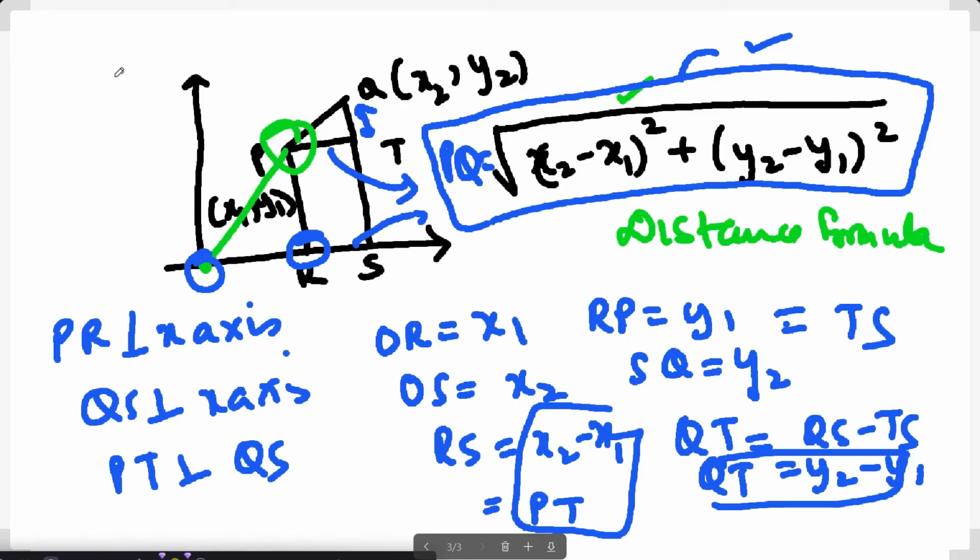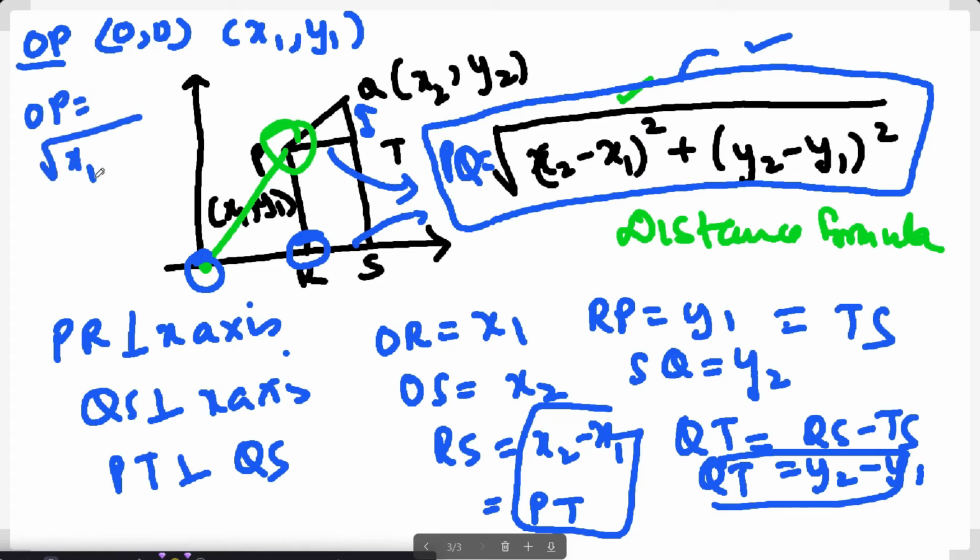So now suppose we want to find OP. In this we are finding PQ. What is OP? Origin के coordinates are 0, 0 and P के coordinates are x1, y1. So now we'll put that here in the distance formula, right? So it will be x1 minus 0 the whole square plus y1 minus 0 the whole square. Net, OP is x1 square plus y1 square, right? Now you can also write this as x1 minus x2 square plus y1 minus y2 square. It doesn't make a difference. You know why, right? It's because it's being squared.